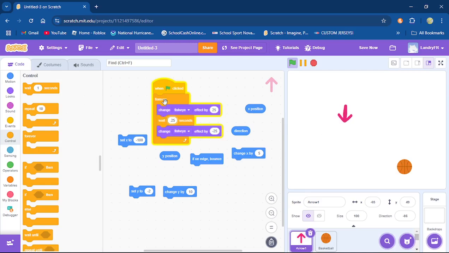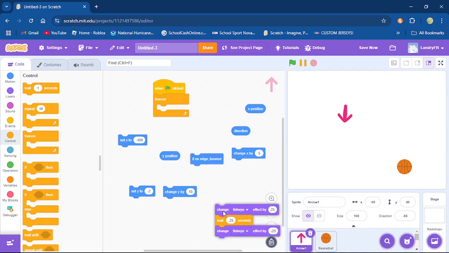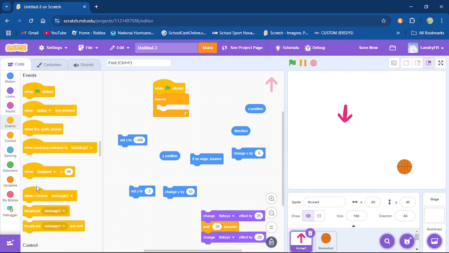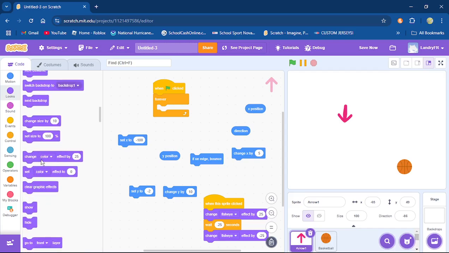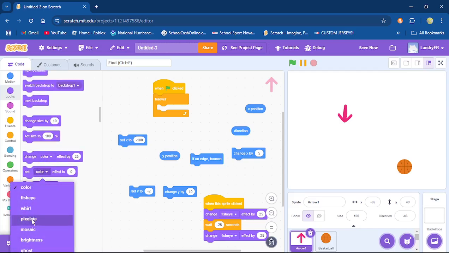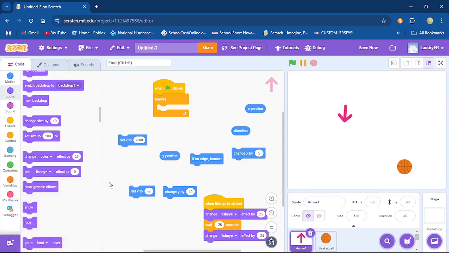And this is a forever loop. So instead of a forever loop, you would just do it so that when you click on this sprite, for instance, it's just going to do that quickly and stop. And it's that simple. So I want to make sure that that's reset. But whenever this sprite is clicked, and I'll show you what I mean, I have to make sure that I reset everything back. So I want to set the fisheye to 0 so that it's back to normal. So now when I click on this sprite, bam, right? You've seen it happen quickly.